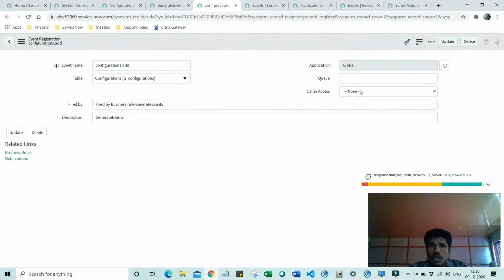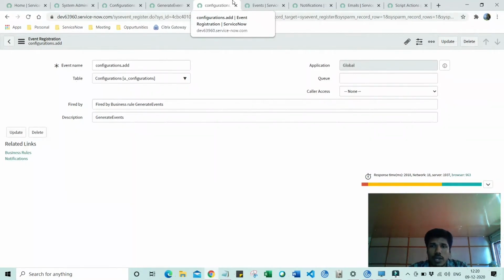And we are not giving any inputs for the queue or the caller access. Queue is basically if you want to put it into a specific event queue. So the event registry record is a space to identify the activity which is getting invoked.